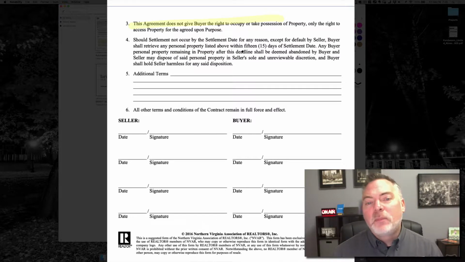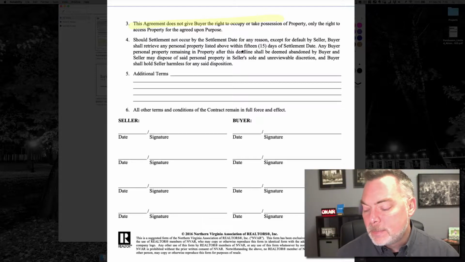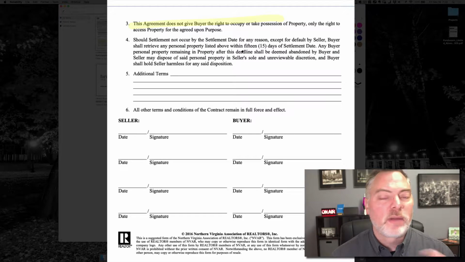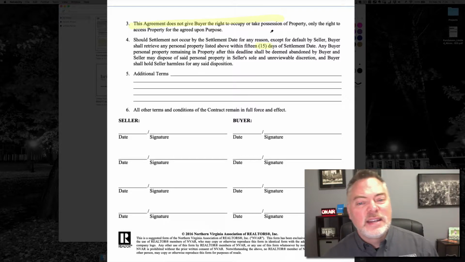Okay, and then the paragraph 4 is a pretty good one too. So the settlement, if settlement doesn't occur for whatever reason, by default, this agreement actually says that the buyer has 15 days to get things out. I think that's a long time. I usually will use about 10 days, maybe even 7 days. A week is usually enough to make arrangements to get that stuff moved out of there. So you do whatever you want to do in there, but I do think that this 15 days is a